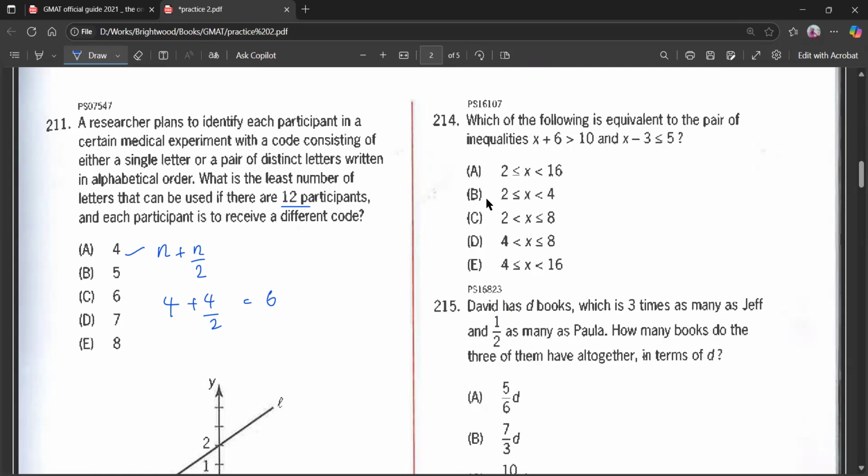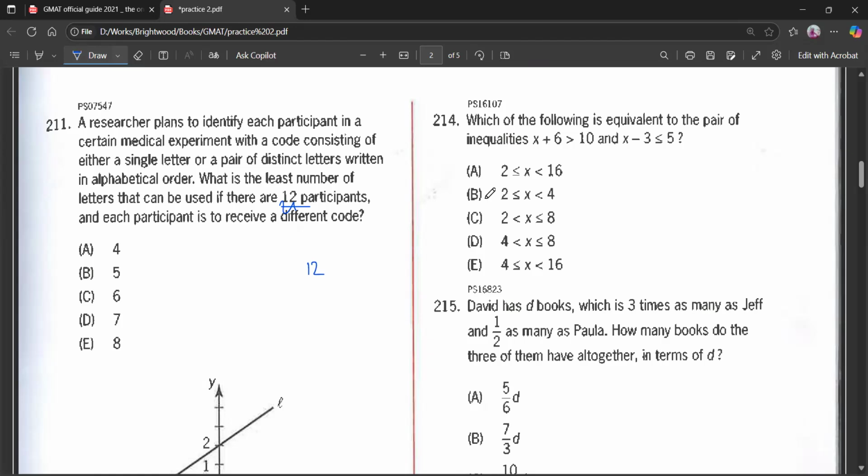N letters, if they are having n letters, what is that? You have to think with the answers. It's better if I write like this. If you are taking it like that, it takes more time. Here I have 12 participants. For 12 participants,